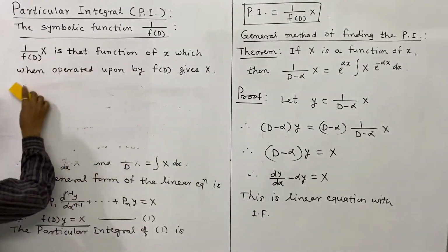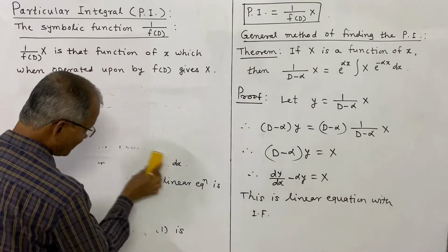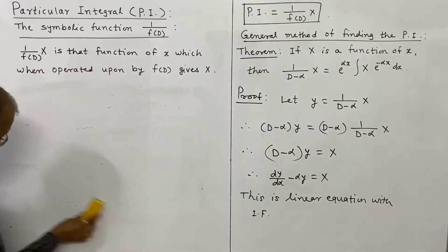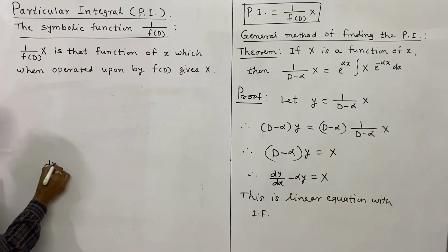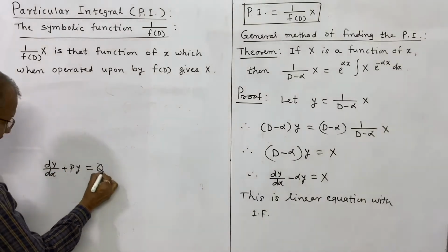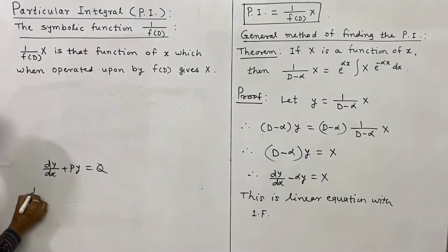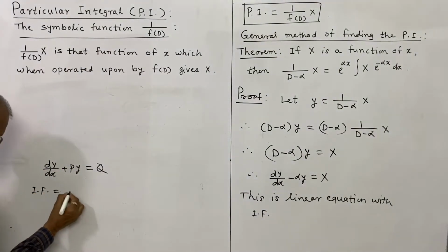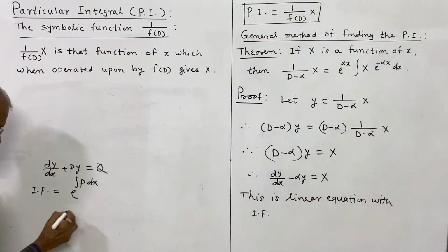The equation we have studied, linear equation of first order, dy by dx. See, this is the form. We have to compare that with this form, dy by dx plus Py is equal to Q. It is of this form. And what is its integrating factor? Integrating factor of this equation is e to the power integral P dx, and solution is,